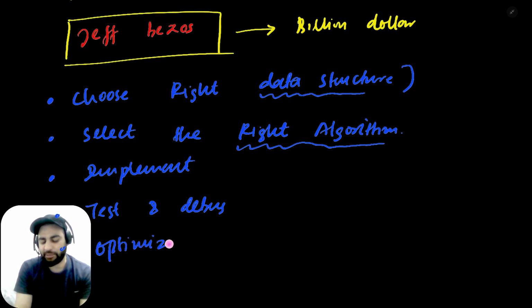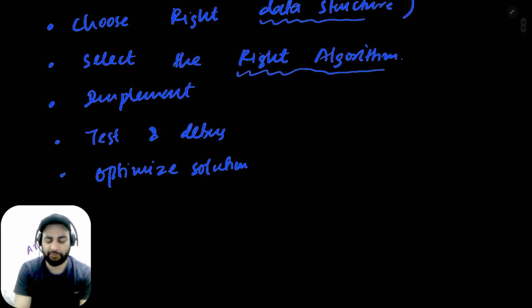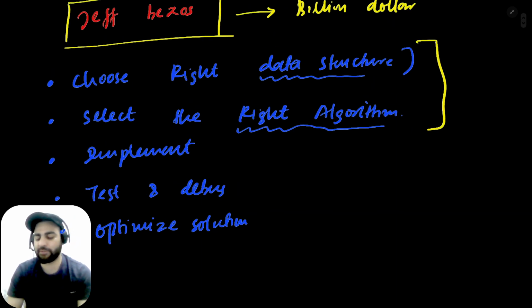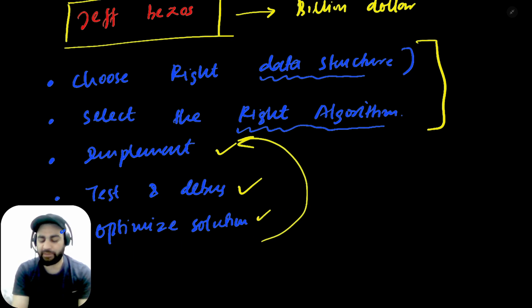You will optimize the solution, and then you will continuously iterate and refine. That is, these two parts are sort of fixed. When you are fixed with this, and maybe you can even change these, then you implement it, test, debug, optimize, again go back, find some really good ways, again implement, test, debug, optimize the solution again, and you try. This is an iterative process.